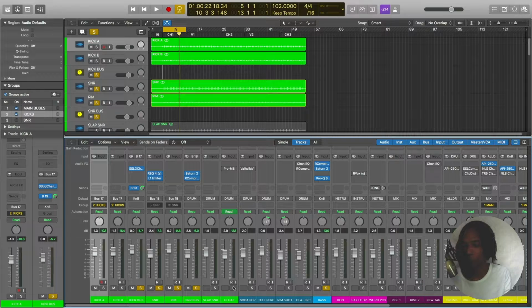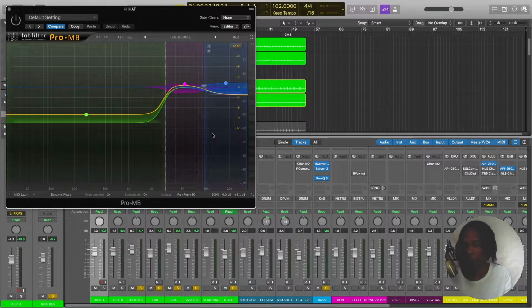And for the hi-hat, I just added this multiband compressor just to tame the harsh frequencies and to give it a little more sizzle. So with it on,